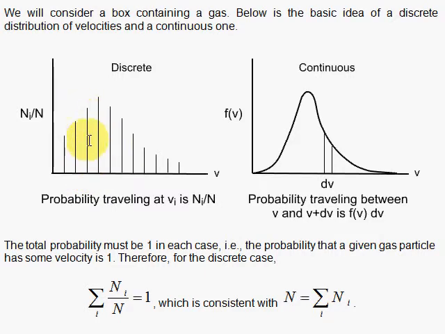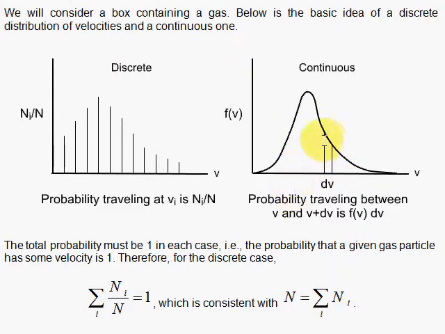So this height is a probability. If we add all the heights, we get 1, which is what we're doing here, and that's consistent with saying that n, the total number, is the sum of the individual numbers of particles that have various velocities. When you go to a continuous probability distribution, it's the area under the curve that must be 1,